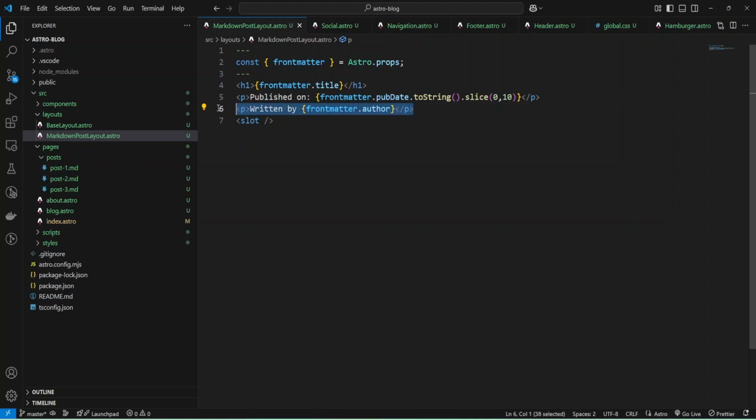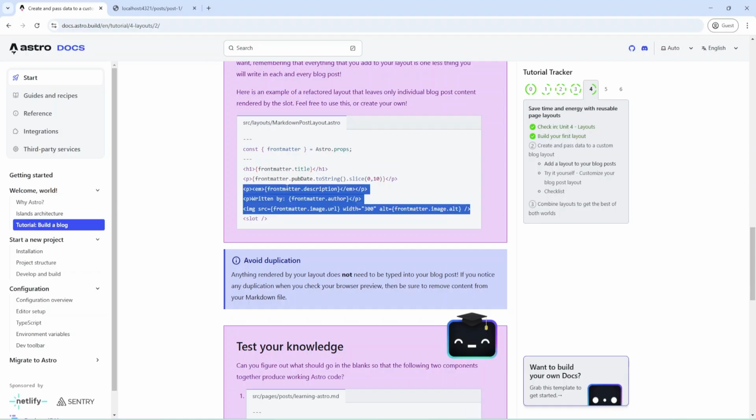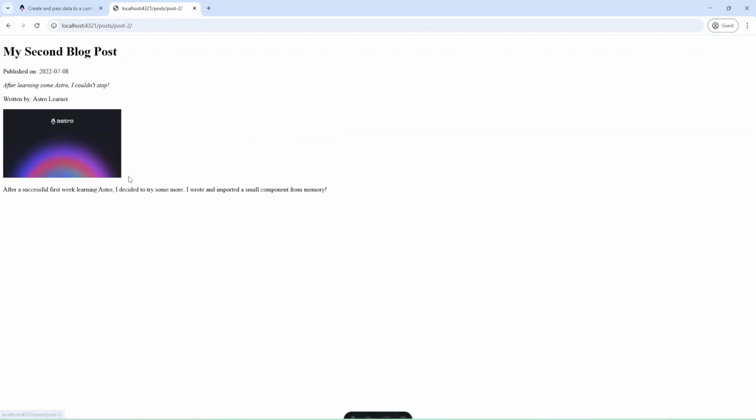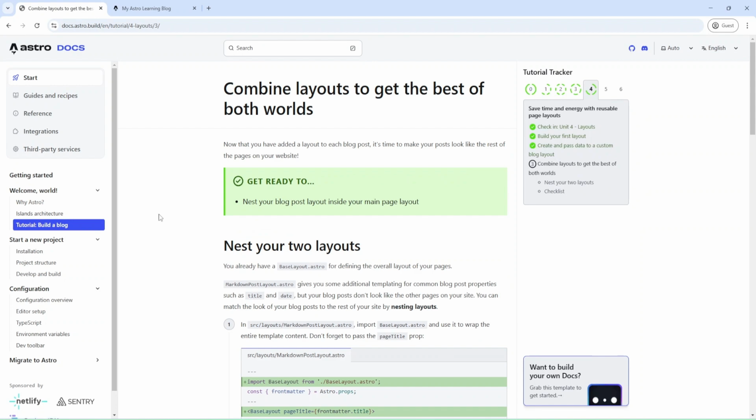Okay, let me add it here. Let's check. As you can see, we have some image and written by, and also let's check post2. We also have some content, and post3. Okay, I can mark these checkboxes as done and go next.